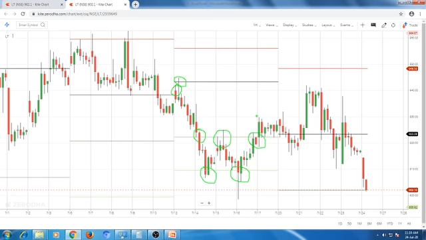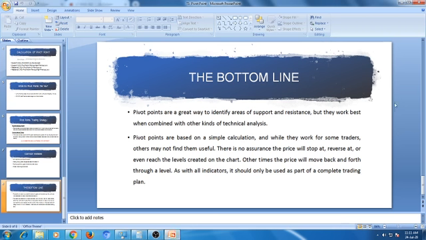You should always use some other technical indicator also to trade with pivot point. Don't depend only on pivot point for trading. If the other technical indicator also gives a buy, and pivot point also supports that decision, then you can go long. Similarly, if your other technical indicator signals sell and pivot point also supports that decision, then go for shorting. Never ever trade only with the pivot point strategy.